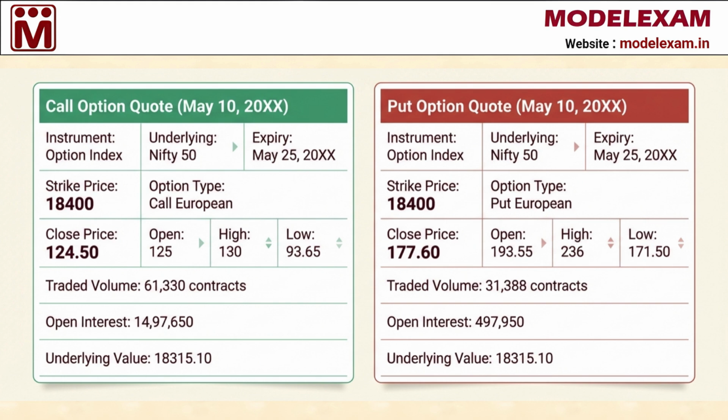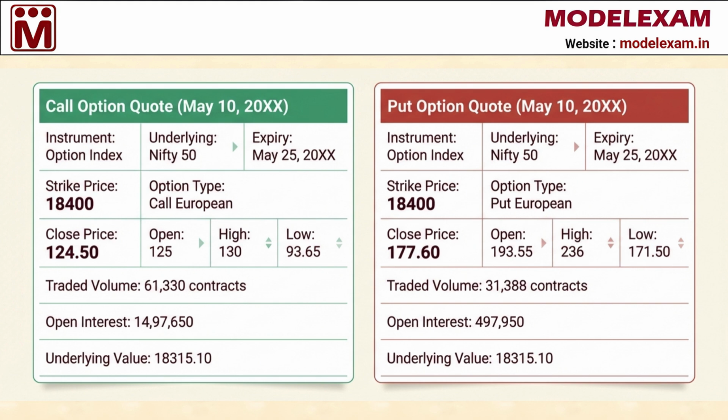On May 10th, we see two different types of quotes for the Nifty 50 index. The first is a call option and the second is a put option, both expiring on May 25th. You will notice a strike price of 18,400. For the call option, the closing price or premium is 124.50, while the put option is